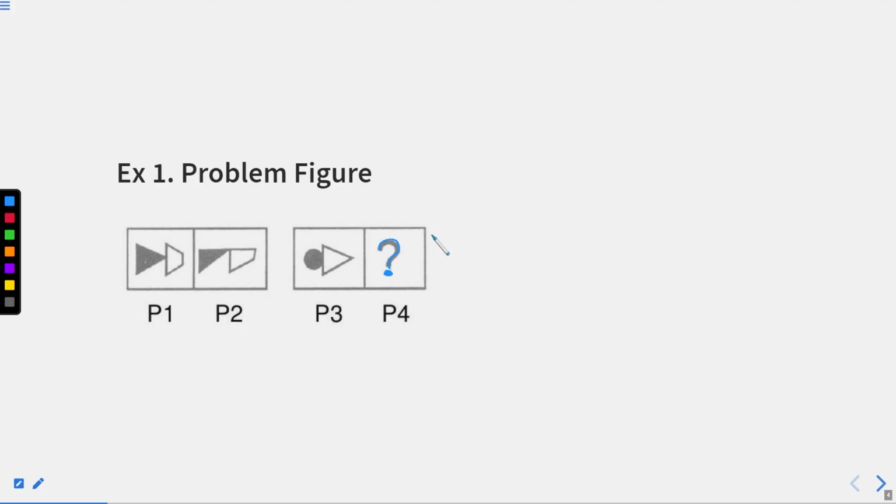Whenever you appear in an exam, you are supposed to redraw a box here, and with the help of the relation between these two, that is P1 and P2, figure out what the relation is going to be for P3 to P4. So you have to find the relation between P1 and P2 and so on, P3 with P4. First we'll find the relation here, we'll implement it in the second part and we will get close to the answer, right? So what is the relation between P1 and P2?